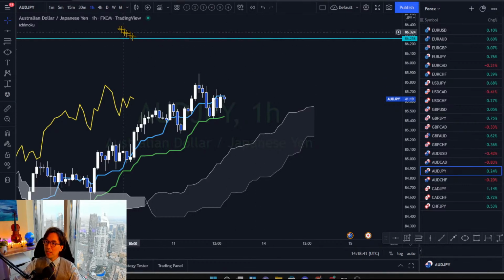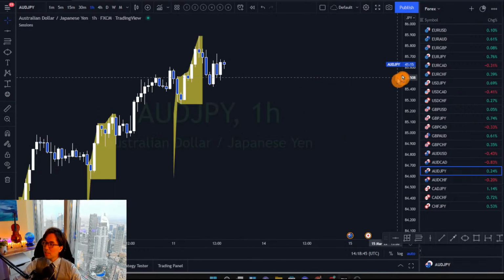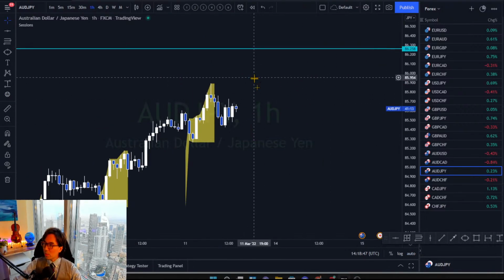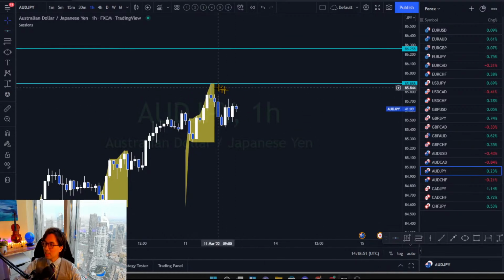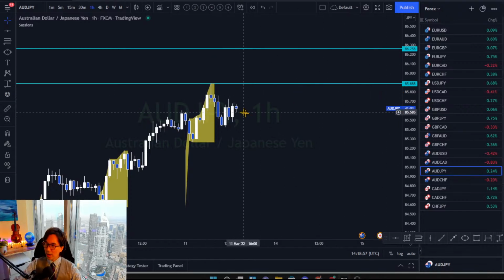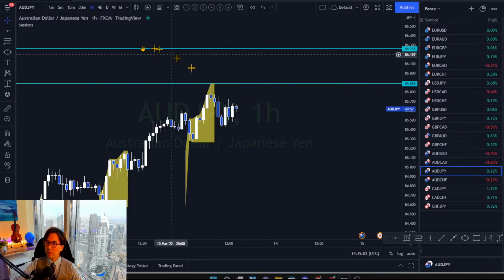And with that in mind, let me look into the Tokyo box and see if it broke. Okay, so market still is not breaking the Tokyo box yet. The Tokyo box high from today is 85.88. So yeah, we better wait for the Tokyo box break, or simply take a buy right now and put